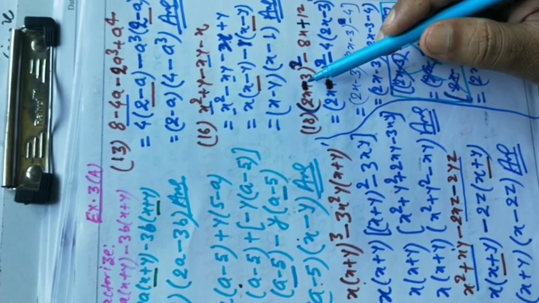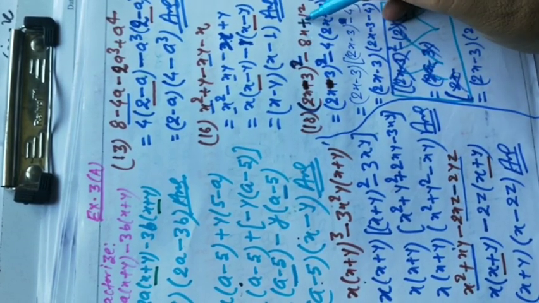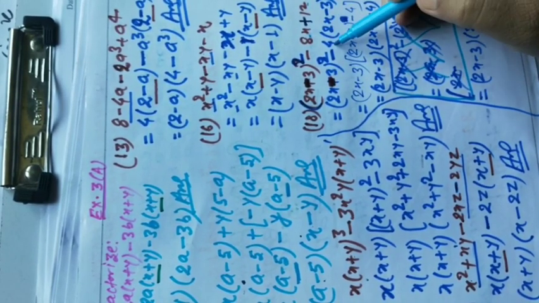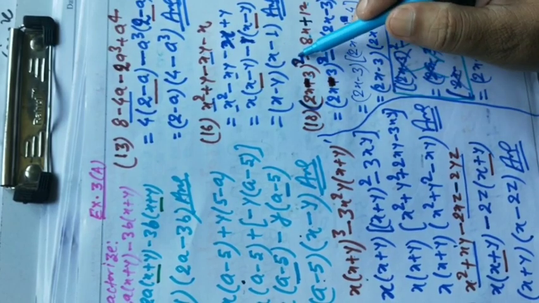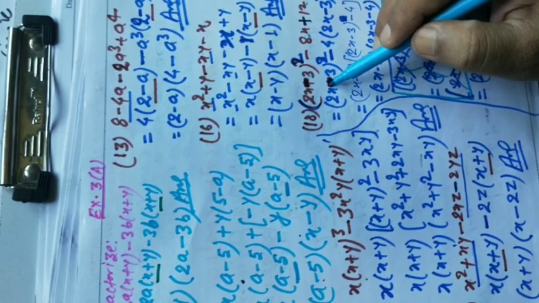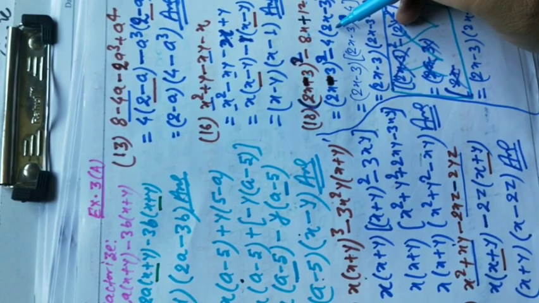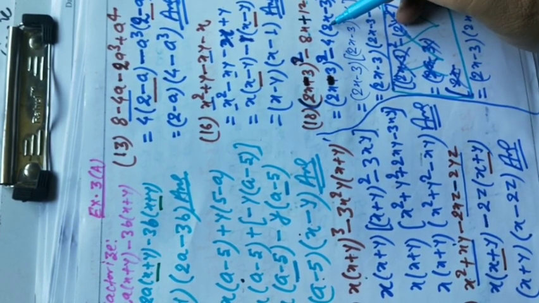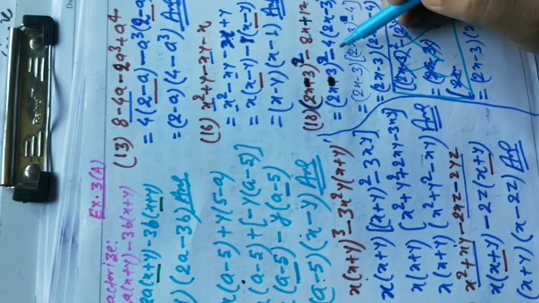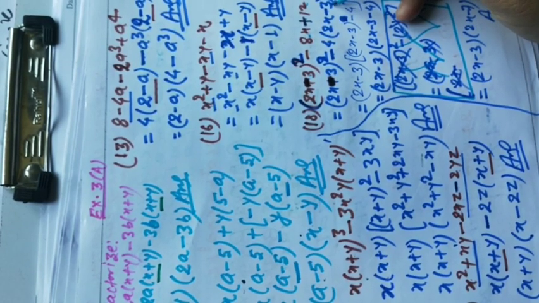Let us see it again. Your question is (2x − 3)² − 8x + 12. In these two terms, 4 is common. So (2x − 3)² will be written as it is, and minus, after taking 4 as common, you have to put the bracket. 8x divided by 4, 2x will be left here, and minus multiplied by plus will be minus, and 12 divided by 4 will be 3. So we have written here 3.